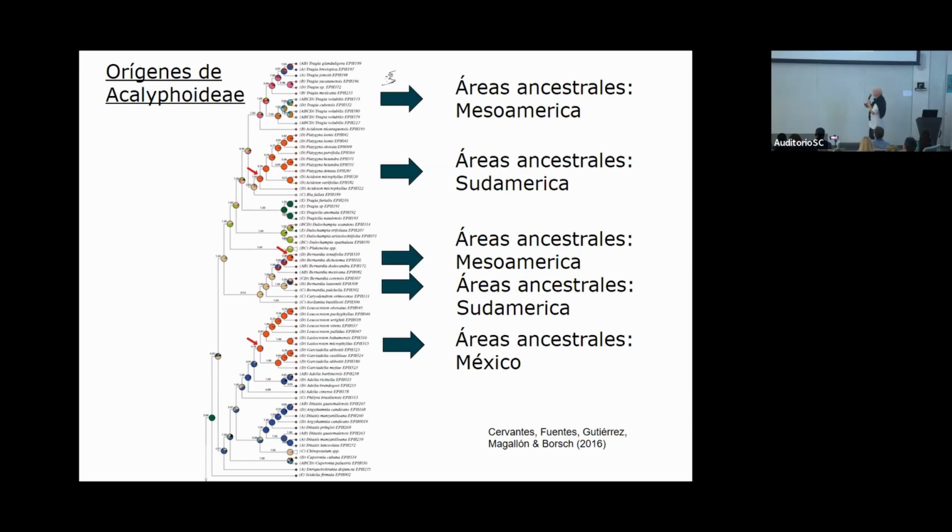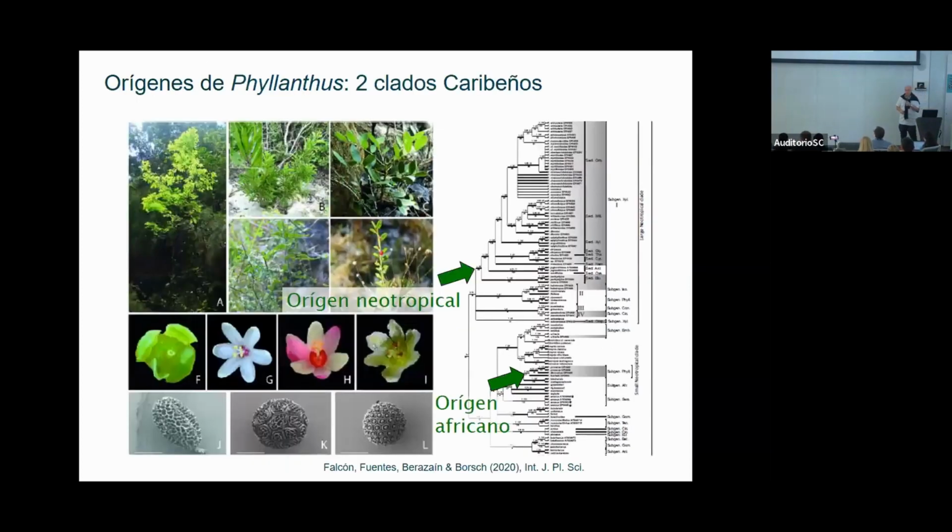But what we can basically do here, again, the methods and the details are not relevant for us now, but the conclusion is essentially, well, what are the ancestors? Where did the ancestors that arrived at the islands come from? And in this case, about two thirds from Mexico and Central America, but there are also some from the south, coming in via the lateral hills, and this is what you can see here, very complex patterns that we can observe.